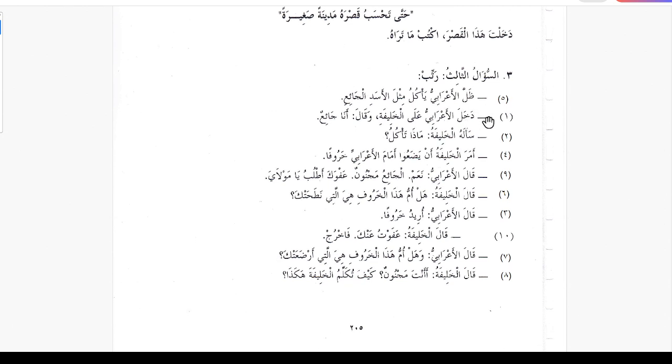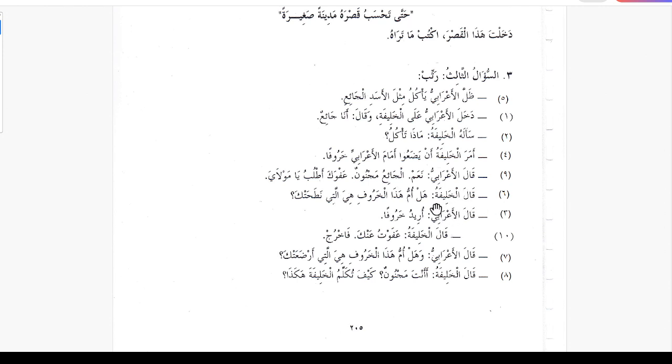The caliph thought that the Bedouin eats like a hungry lion. And then number 6, the caliph said, after he thought he was eating like a hungry lion, he said to him,